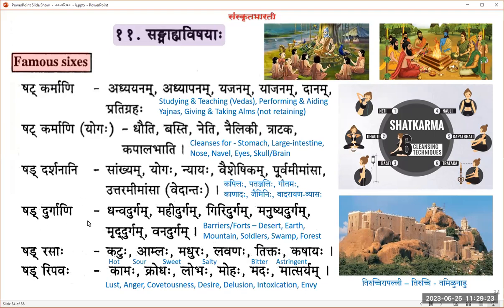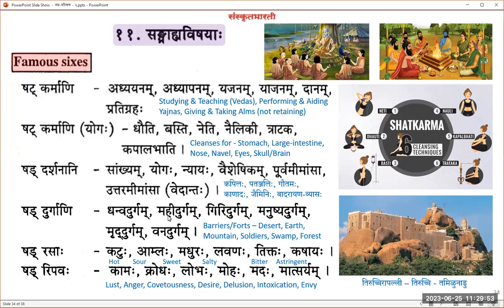Shad Durgani. Now this one moves to Arthashastra. This one moves to Kautilya's domain. Kautilya, of course, was one of the ministers in the lineage of many such people who defined how a kingdom should be established and ruled. What are the requirements? So you can say this is the ministerial material for maintaining a kingdom. This is true even for nations like India.